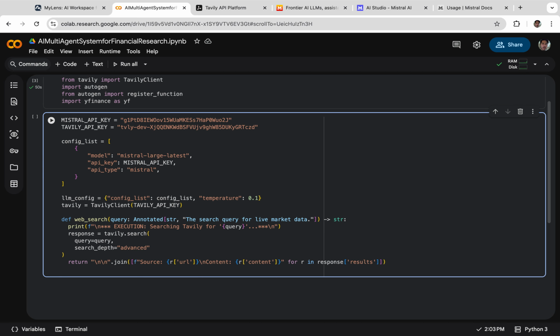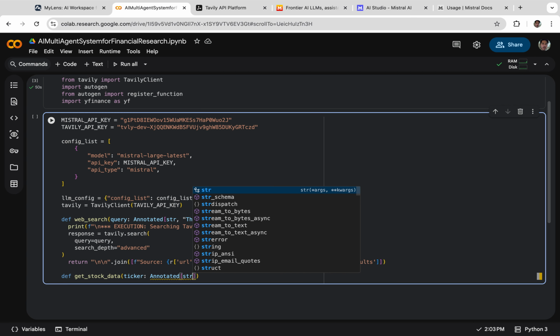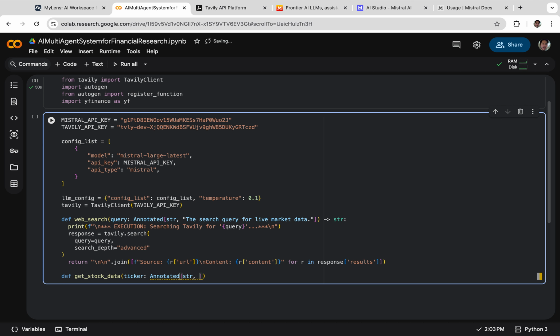Okay, let's continue. Now we are going to create another function to fetch the stock financial data. And in this case, we're going to use yfinance. I'm going to name the function get stock data. And this function is going to have one parameter, and that's going to be ticker. And we're going to use the same concept, so you can copy and paste this annotated. So that's the library that we are going to use. And we're going to specify the data type. It is going to be string, obviously. And let's add stock ticker